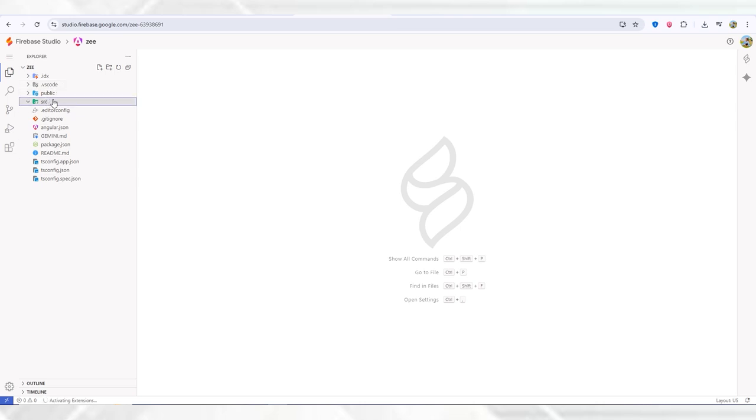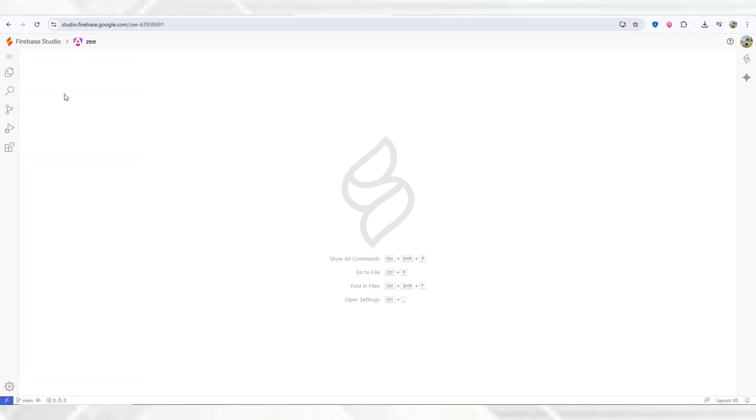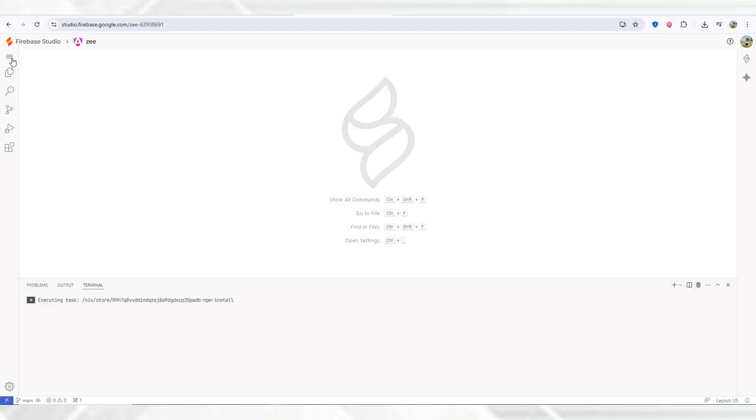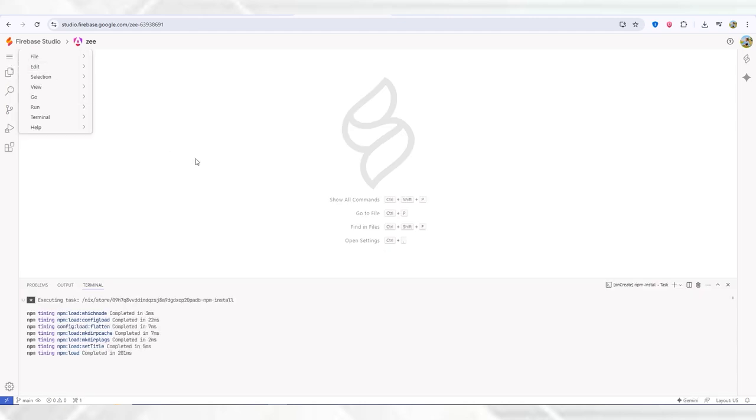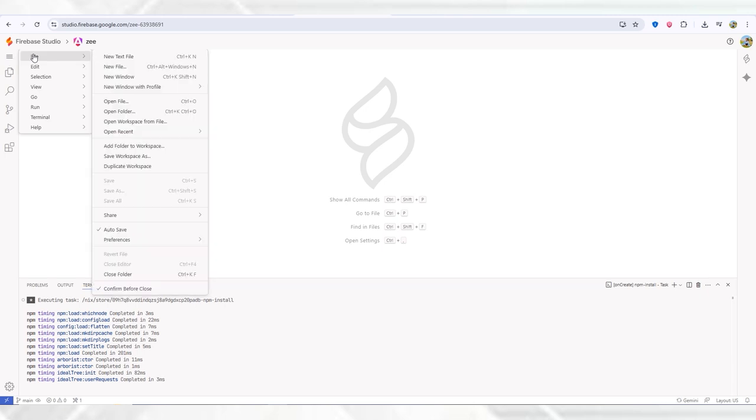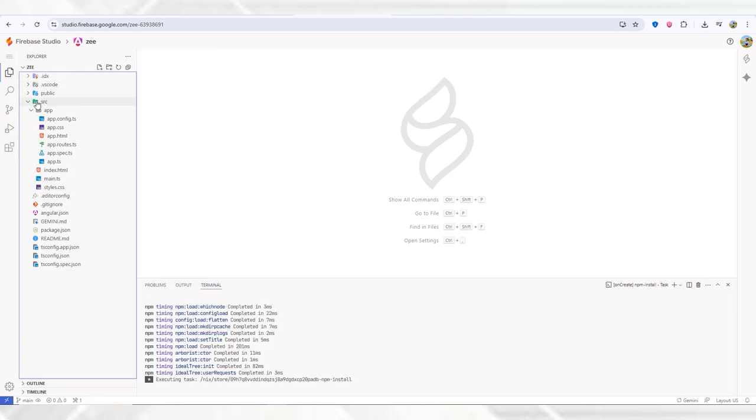After selecting your project, it will open in a new page. By default, the project opens in prototyper mode, which doesn't allow you to download the files directly. To enable downloads, go to the top right corner and switch the mode from prototyper to code. Once you switch to code view, the left side of the screen will display the full file explorer with all